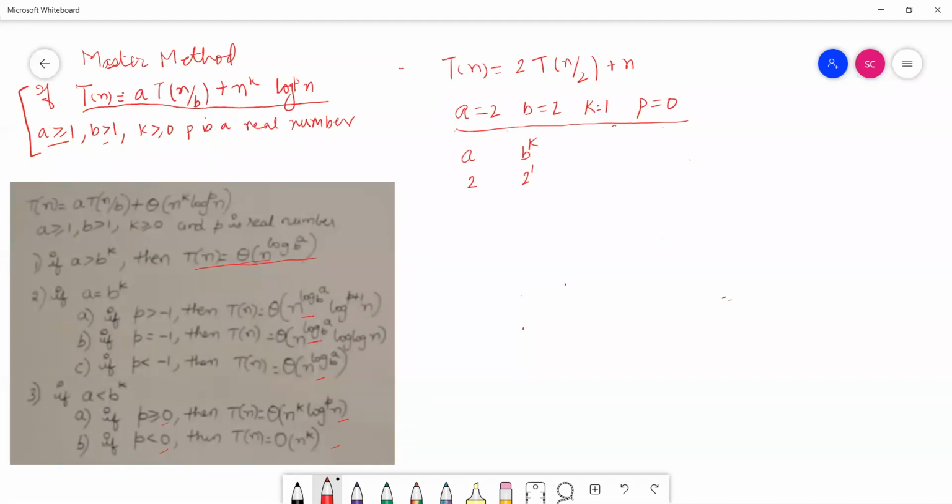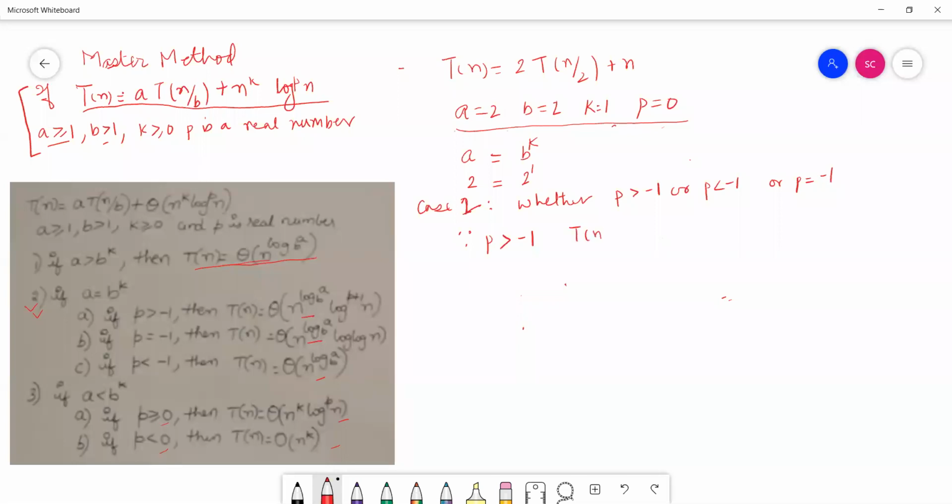2 to the power 1. So it means that this is equal to this, so we are in the second case. We'll apply case 2. Now we'll check whether P is greater than -1, or P is less than -1, or P is equal to -1. Obviously the P value is 0. Since P is greater than -1, because 0 is greater than -1,